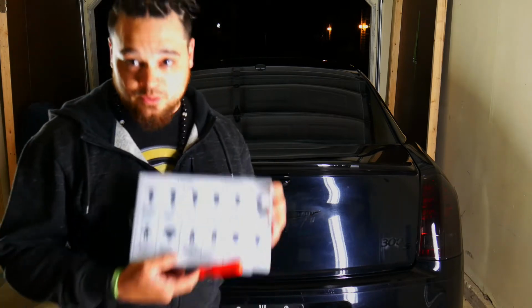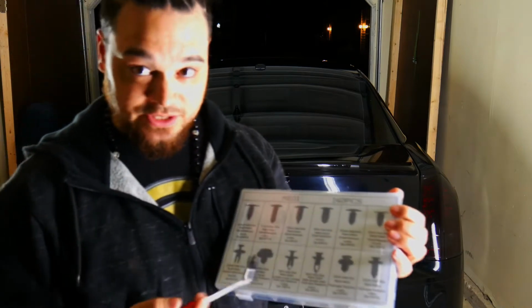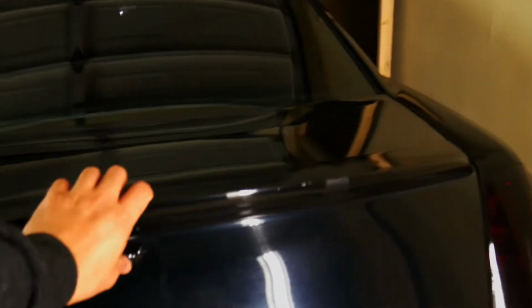Now, really important, it's gonna be one of these and one of these tools. This is a puller, and then this is all the kinds of different accessories that you're gonna need to pull off the interior upholstery, and I'll show you why this is important in a second. All right, so if we pop the trunk here,